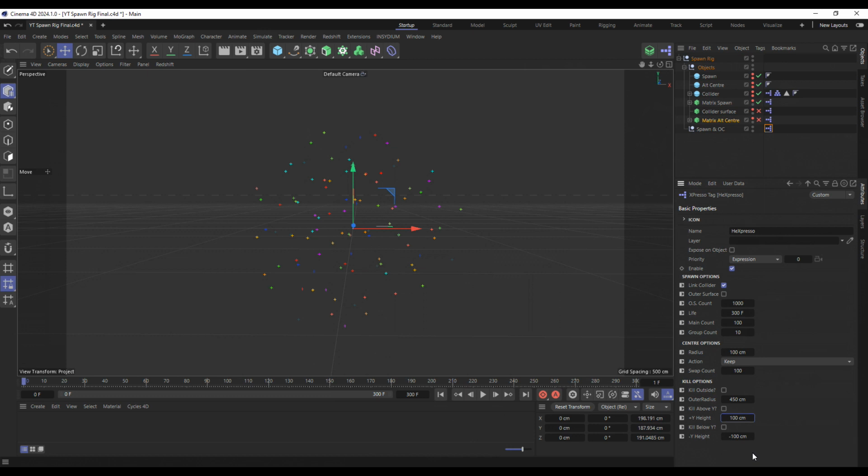Just because it makes sense. But what you can do, if you want a really tiny band, you can set this one to positive 50. And wait a minute, kill above Y as well. There you go. So you can get a really